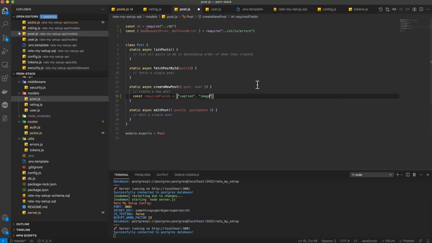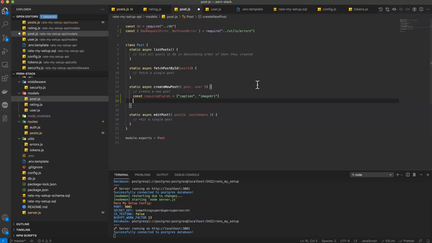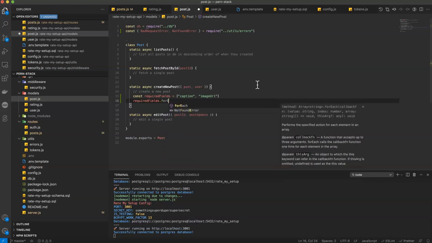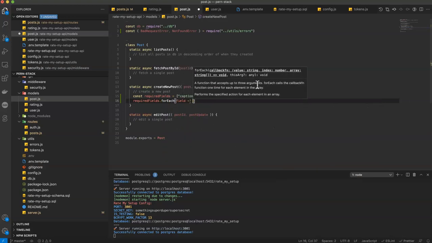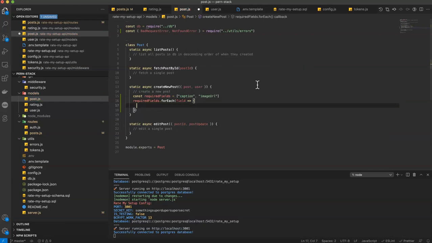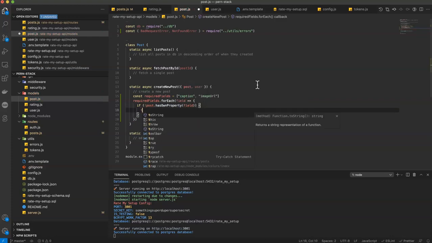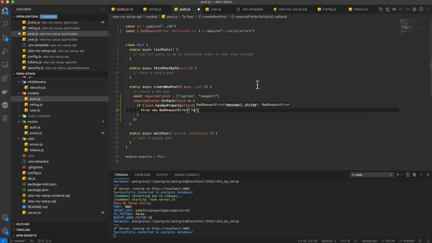The caption field and the image URL field, because those are required in the database. And then we're going to say requiredFields.forEach field, and we're going to run a function. And we're going to say if not post.hasOwnProperty field, we're going to throw a new BadRequestError that is going to say required field, and then we'll just interpolate in that field